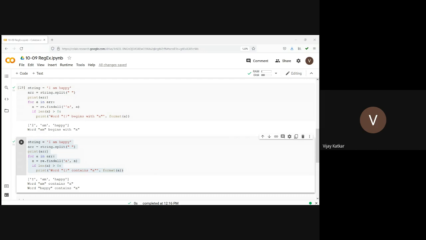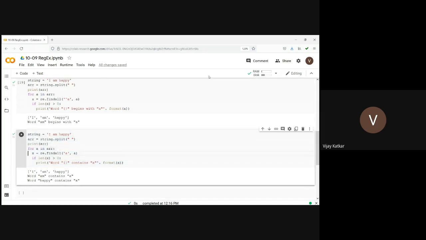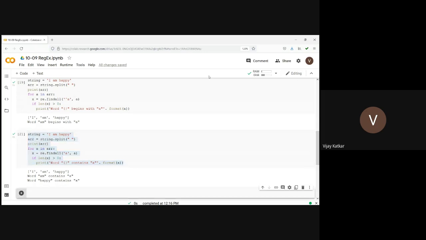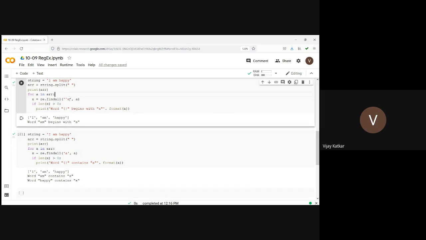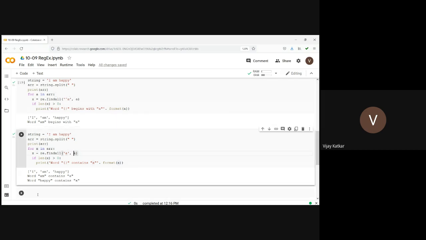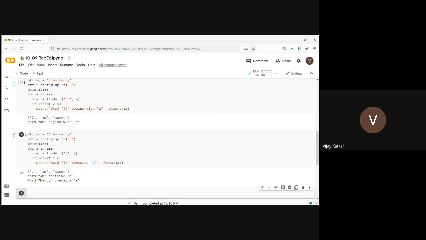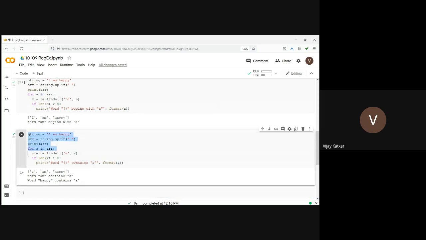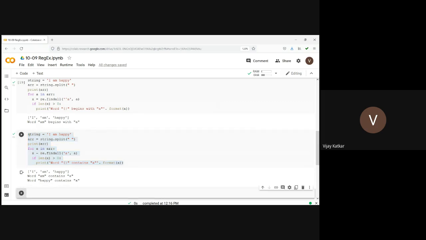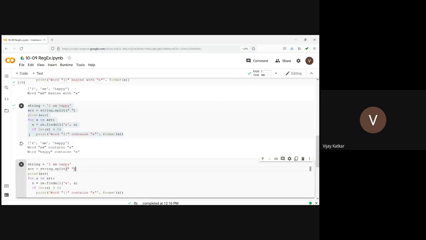Okay, so let's go for, if I want to check whether any particular string contains a word which is ending with something. So this is beginning with, this is containing a. Now let's go for ending with a. Okay, we don't have any word which ends with a.